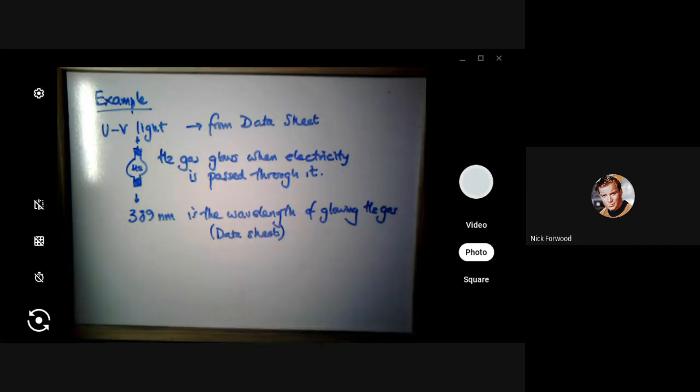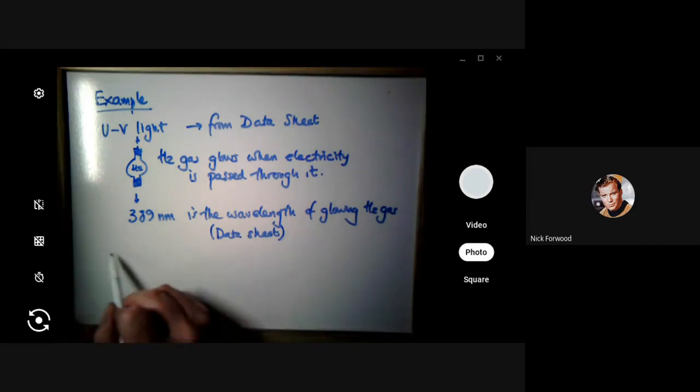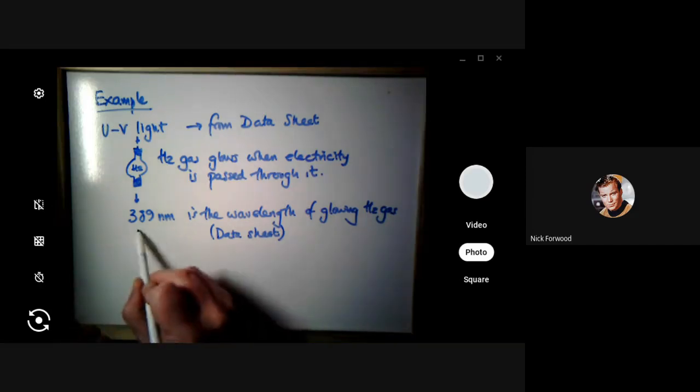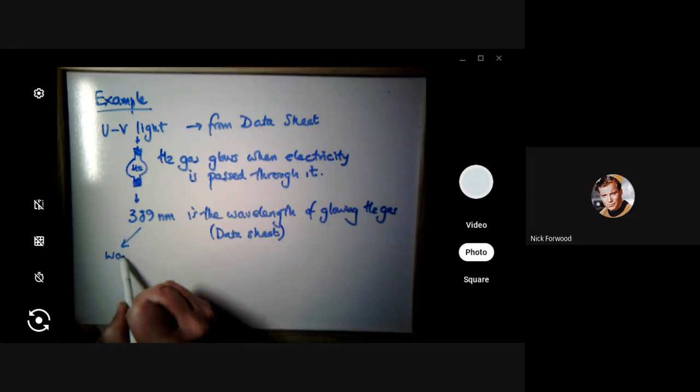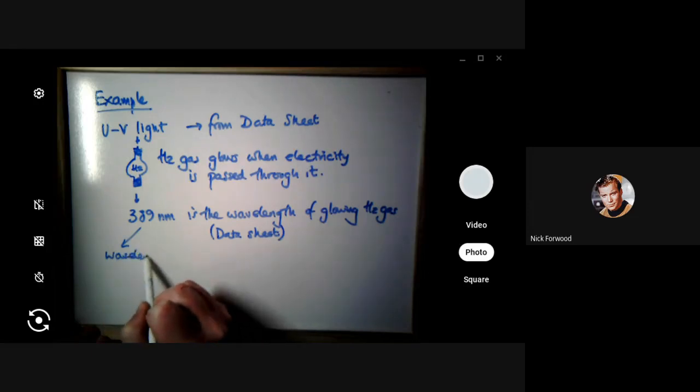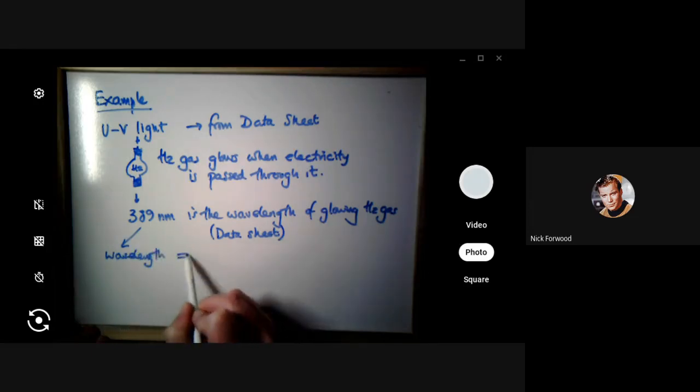Okay, now that's a wavelength, and that is not much use to us because our formula that was invented by Einstein, that has Planck's constant in it, actually has a frequency. So what we would need to do is convert that into a frequency. So given this wavelength, we're going to convert